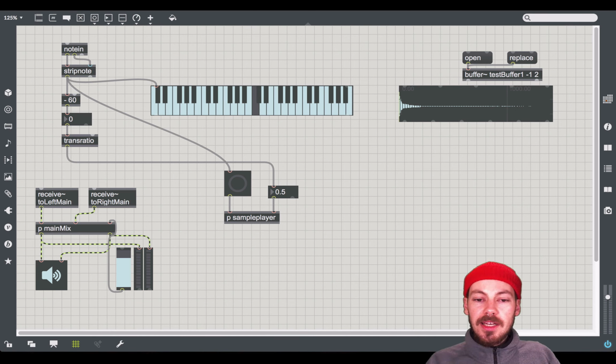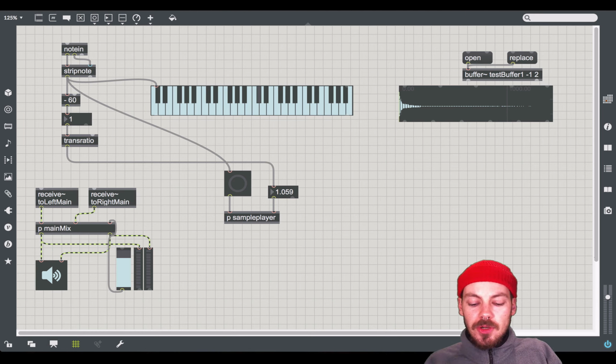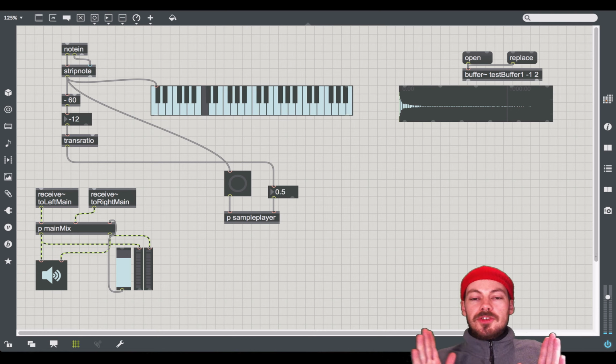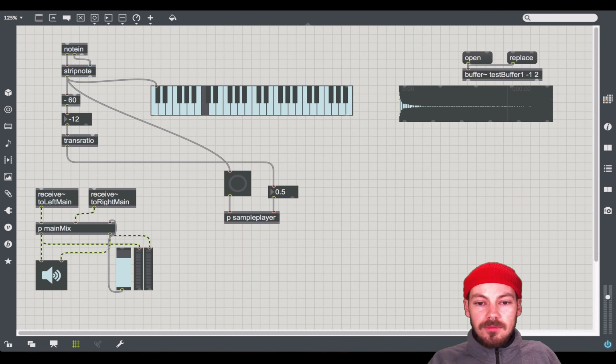So if I play C, which is 1, a semitone up from that, C sharp, is actually expressed as 1.059. Okay, so think about it like this. That's C, and an octave below is half of that, 0.5. So we have to divide that into 12 points. So I can go